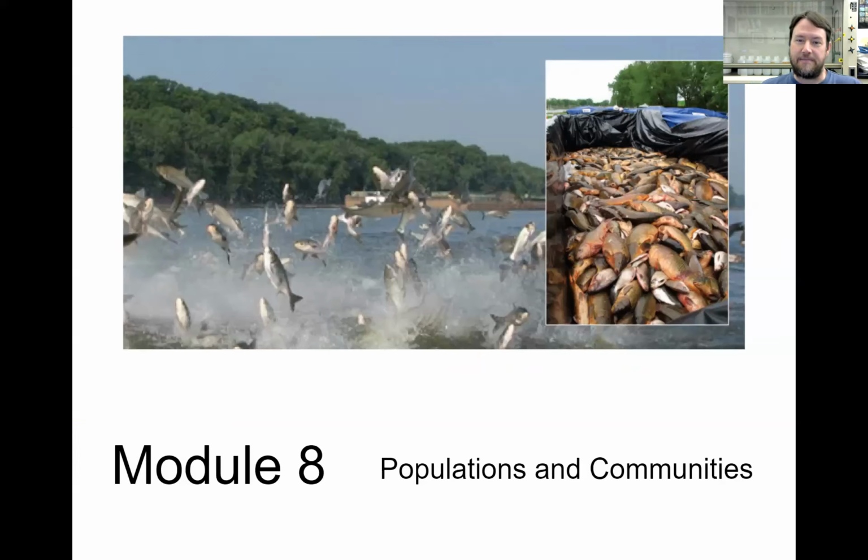And this is a nice slide to start with because I believe these are Asian carp in some of the rivers in the Midwest, I forget if this is the Mississippi or Missouri or one of the other rivers, but it's an invasive species and their populations have gotten very, very big. In fact, just riding a boat down the river is enough to get these fish to jump out and possibly hurt you if you're going fast enough. Sometimes populations become very, very large, and that can sometimes have negative consequences for the other living organisms